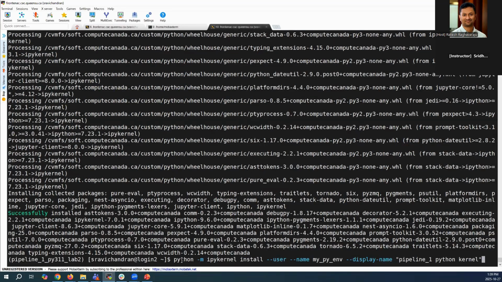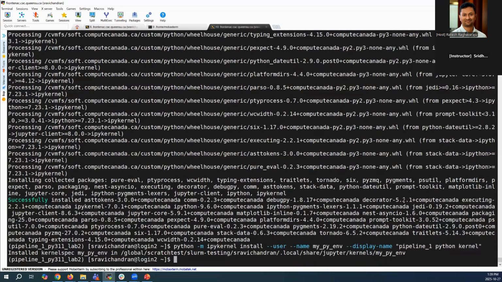And so here is the other command that we are going to run. ipykernel install. Here you can give any name you want. I'm just saying my py environment, and then this is the display name. Again, you can give any name you like. And again, you can just copy paste it from the GitHub. So if you manage to get through this process,